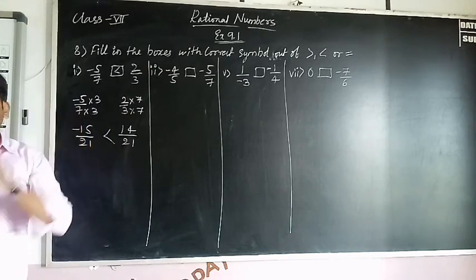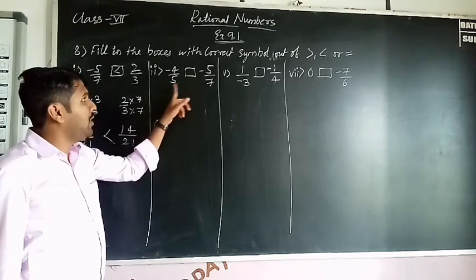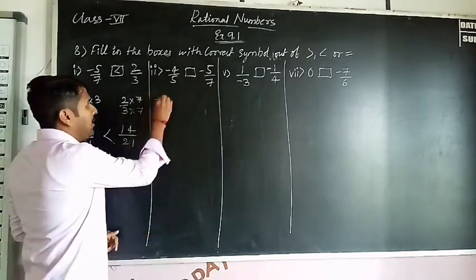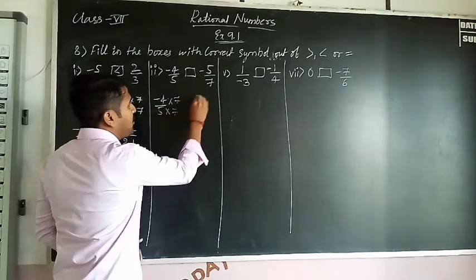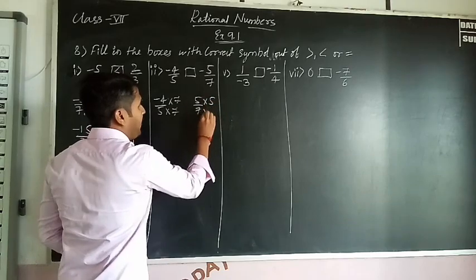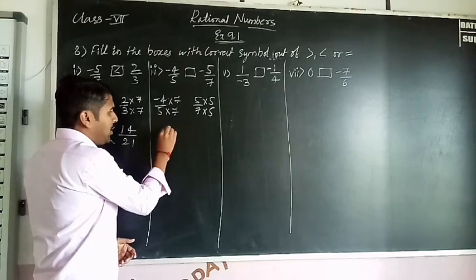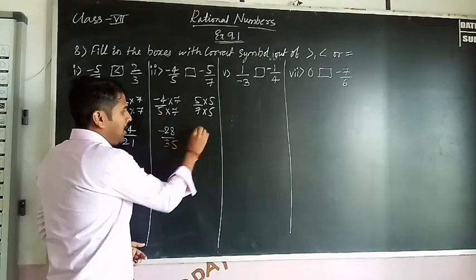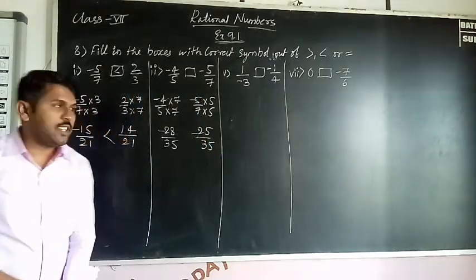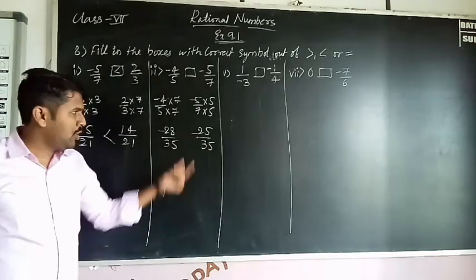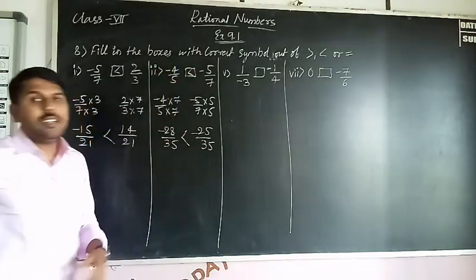We already studied this in the fractions and decimals chapter. So just make the denominators the same. Next, here 5 and 7 are there. So again multiply. Minus 4 by 5 into 7 into 7. And this one, 5 by 7 into 5. 5 7s are 35, 7 5s are 35, both are the same. So next, minus 28 by 35 and minus 25 by 35. Here minus is there. So which one is greater, minus 28 or minus 25? Obviously minus 25 is greater. That means this is also smaller than.